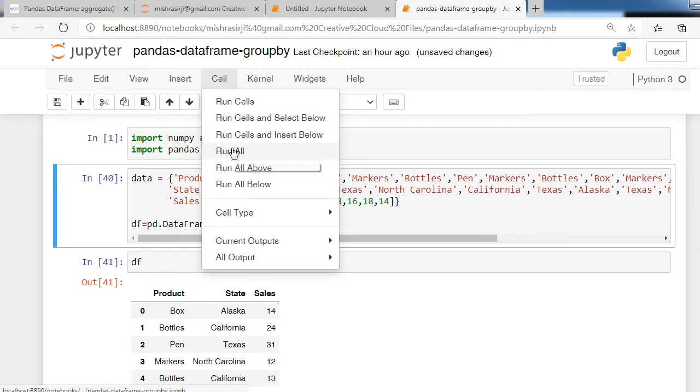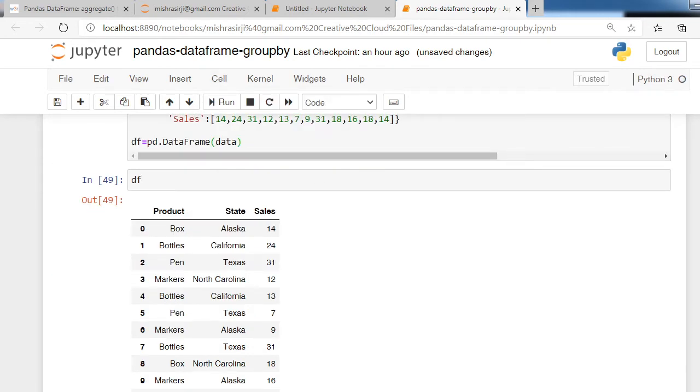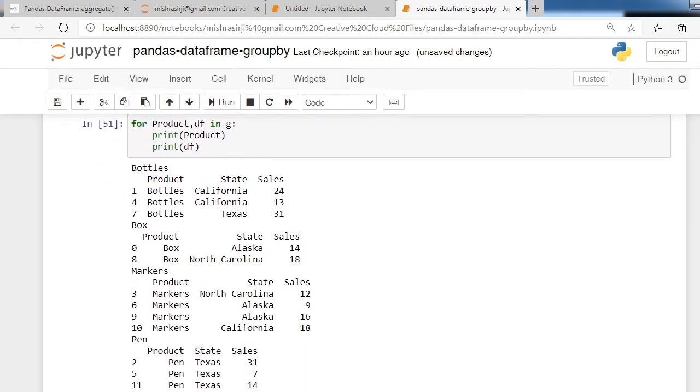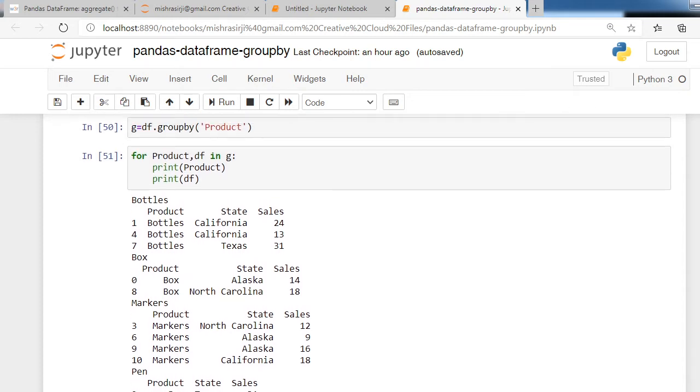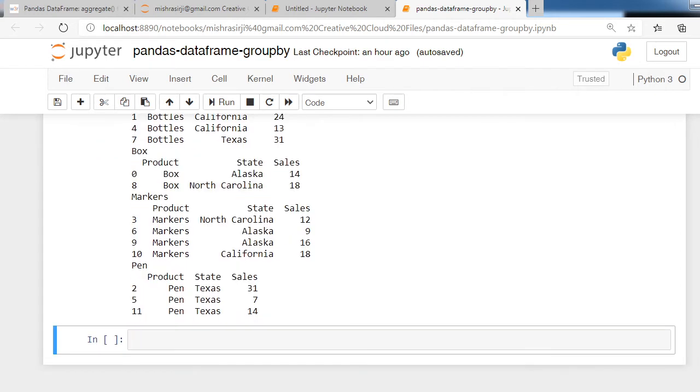Run all cells. Now you can see there are four groups created by the group by function. So the group by function divides our data frame into a number of groups.